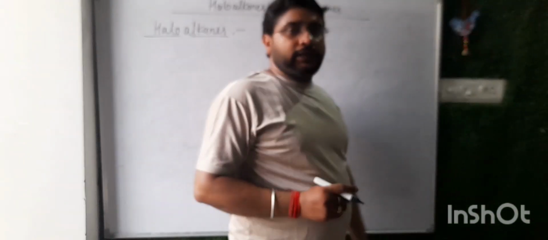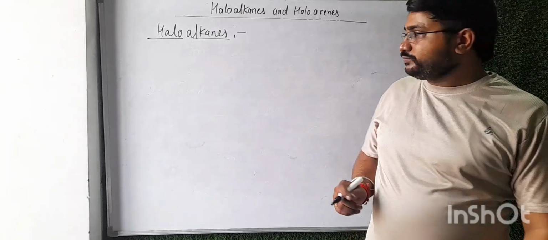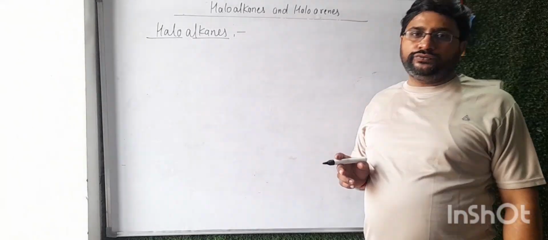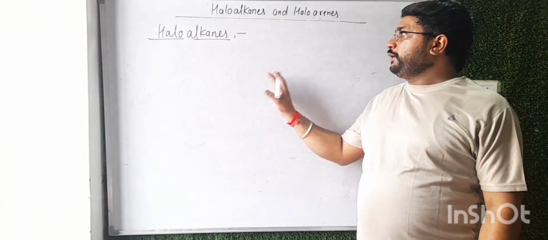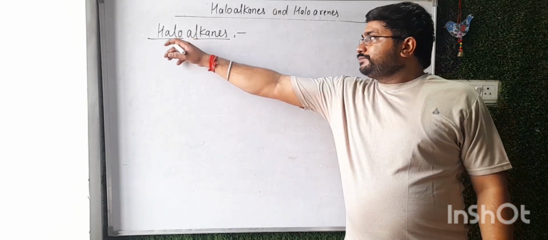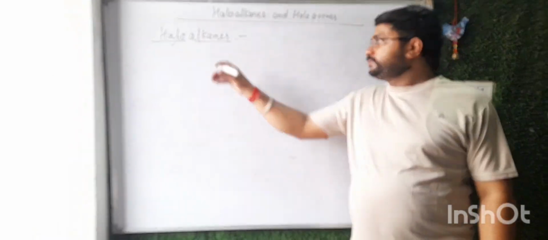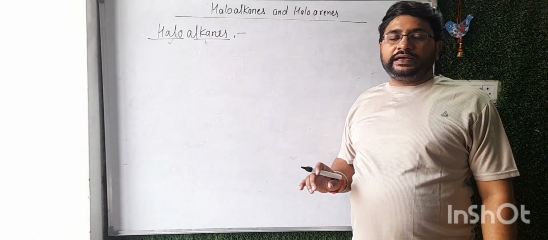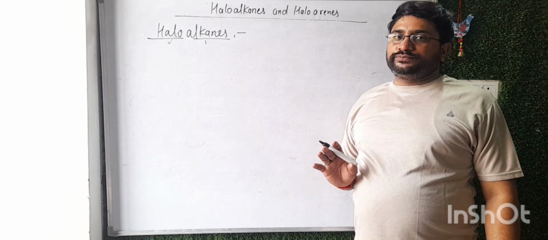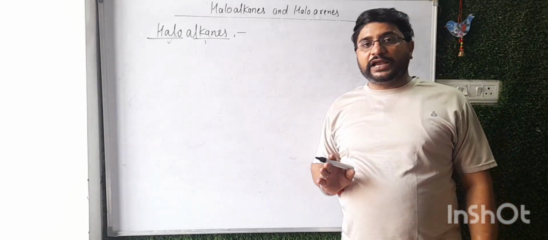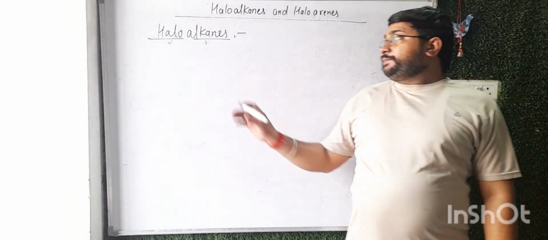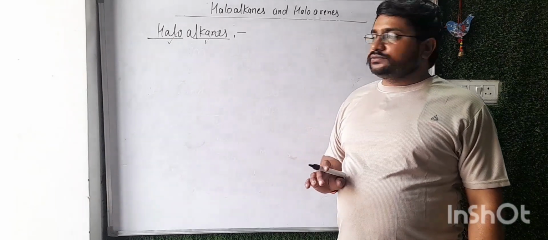Haloalkanes. That means they are mono, di, tri and tetra derivatives of alkane. They are known as haloalkanes. Simply, halo means halogen, and alkanes are saturated hydrocarbons, and when their hydrogens are replaced by halogens, they form